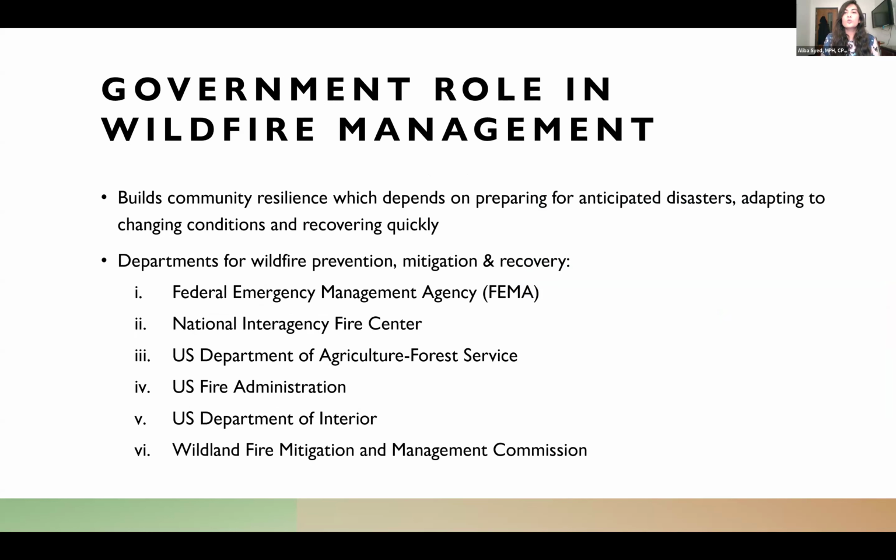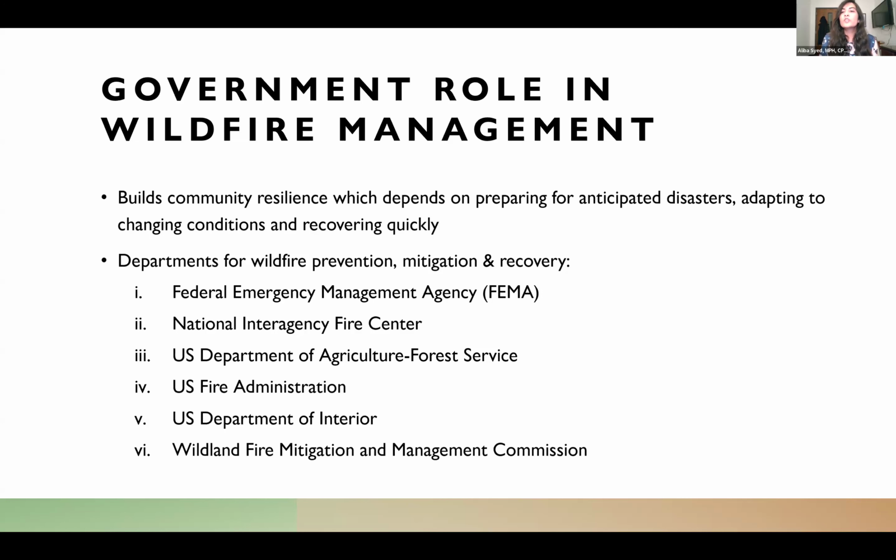Now, I will briefly go over what the government is doing and what it can further do to help against wildfire disasters. The government is currently working to build community resilience, which depends on the ability to prepare better for anticipated natural disasters, adapt to changing conditions, and recover quickly. The following federal departments help with wildfire prevention, mitigation, and